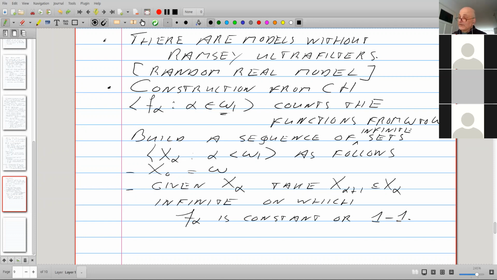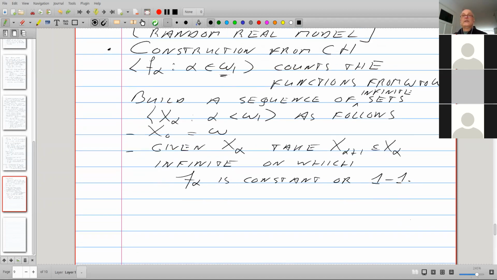Is that possible? Yes. Well, if F happens to be constant on an infinite subset of X alpha, take it. If not, it means that every set on which it is constant is finite, and then you have infinitely many sets because X alpha is infinite, and you pick one point from each of those infinitely many finite sets, and that's it.